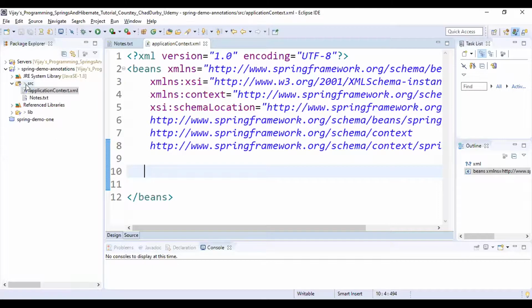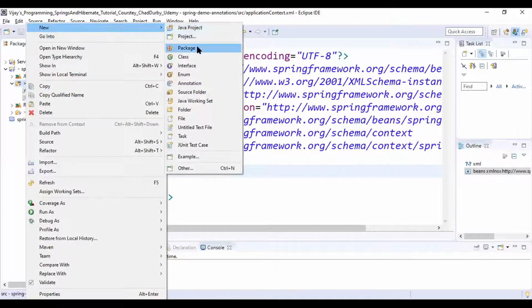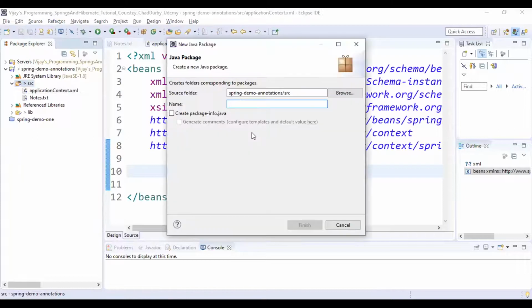Right click on src, highlight new, select package. Here, the name of the package is com.love2code.springdemo. This is the name of the package, and hit finish.